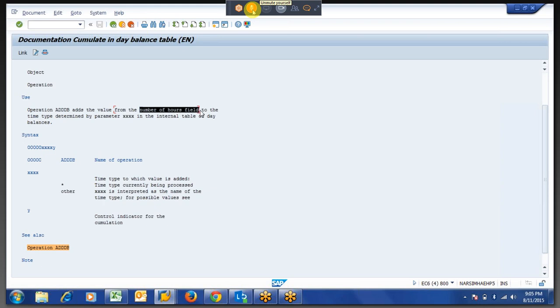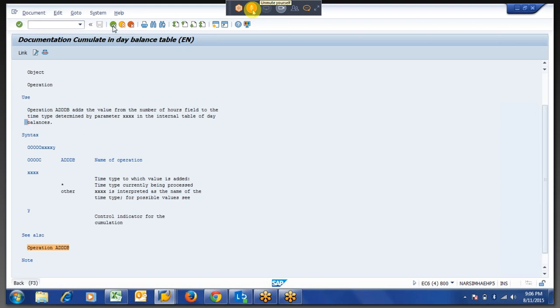We already stored that HRS field from that constant. So now we are storing this number of hours field to a time type, to the day balance table. This day balance table was coded as ZES.